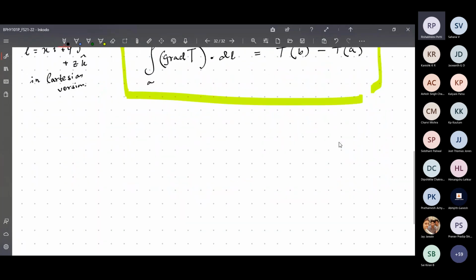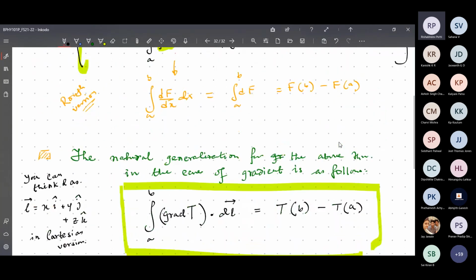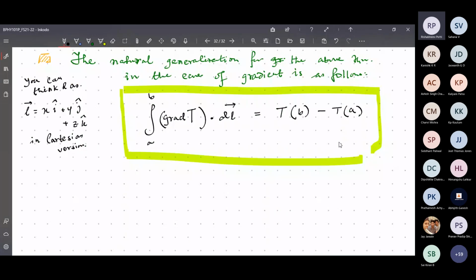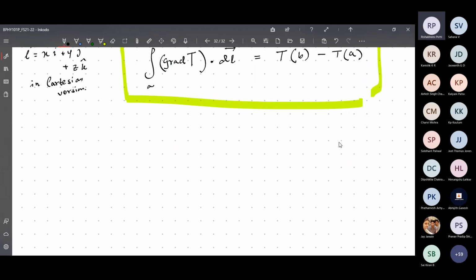Now from here, if we have an understanding of this, I can go immediately to the surface and volume integral, which I actually need to talk about Stokes theorem and divergence theorem. Our goal is Stokes theorem and the divergence theorem. So let me write down our goal, so it will be clear why we have done these things, the gradient, divergence, and all this stuff in the physics course, because mostly these are mathematics. Essentially, you will learn these things in calculus for engineers. So why are we doing this?